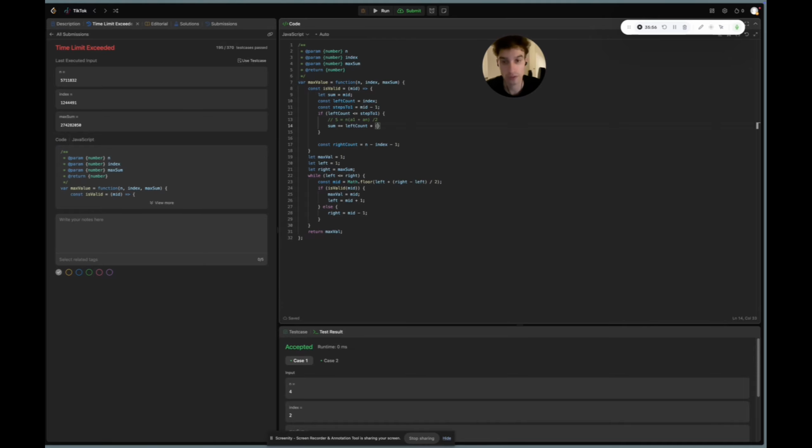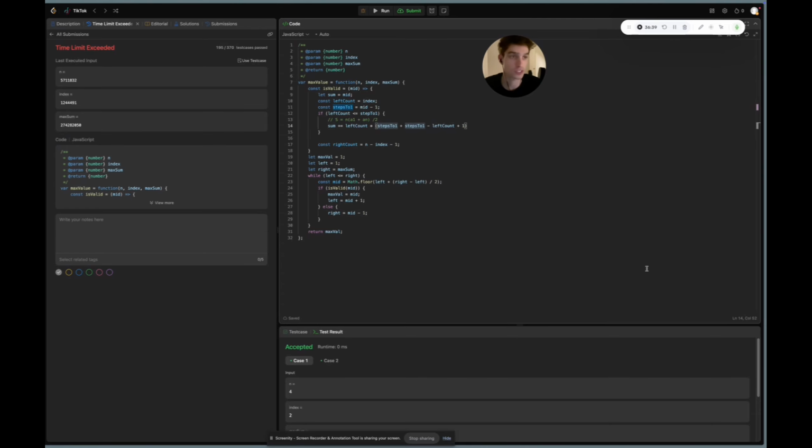times, so our first term is steps to 1, right? Mid minus 1, first element to the left of mid, plus our final element, which would be steps to 1 minus left count plus 1. Okay, so yeah, the steps we need to get to 1 minus the actual positions we have available